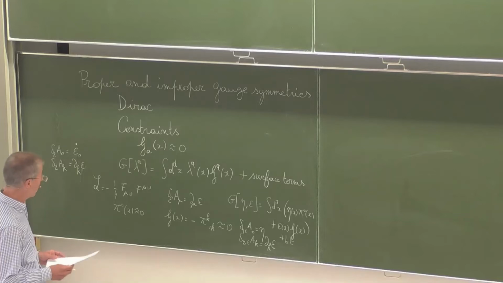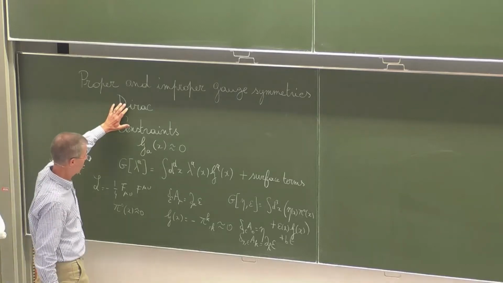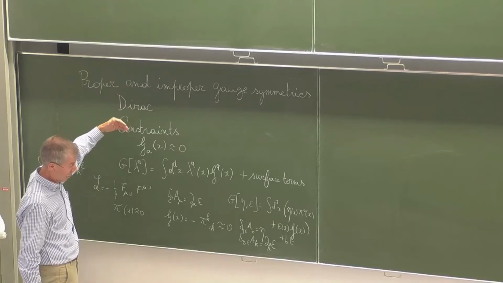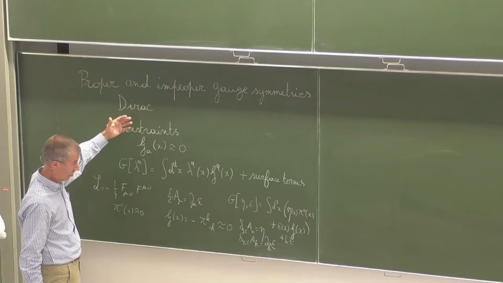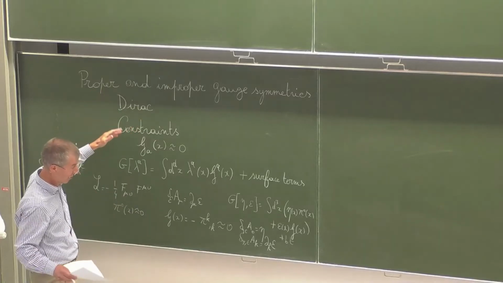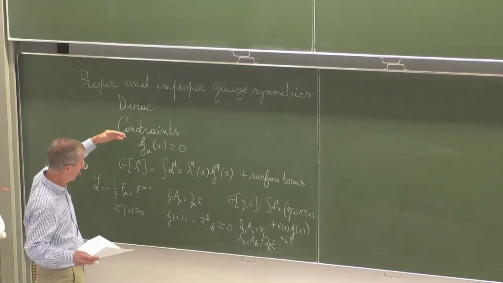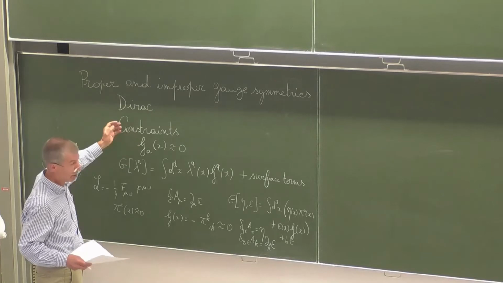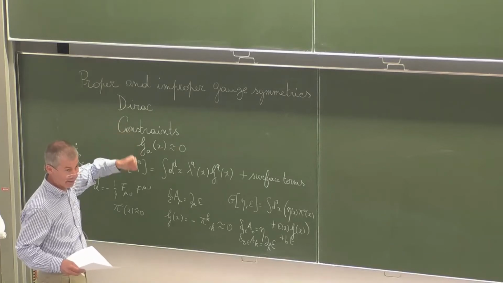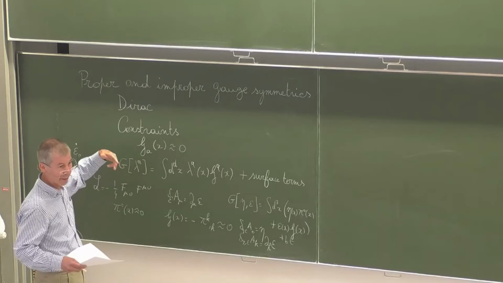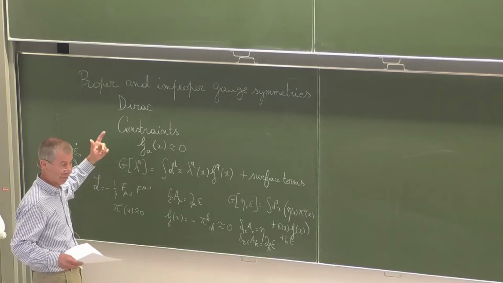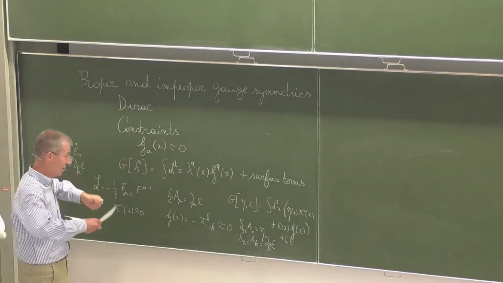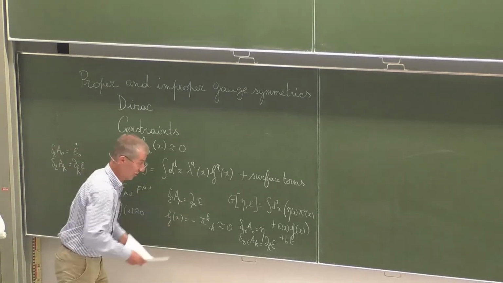Now, I want to insist that at this stage, you really have a phase space with conjugate momenta and a symplectic structure in that big phase space, which also contains unphysical configurations that are not solutions of the constraints, as a non-degenerate symplectic structure. I mean, A0 has a conjugate momentum pi 0, and Ak has conjugate momenta pi k. Of course, if you set pi 0 equal to 0 and you go to the constraint surface, we know